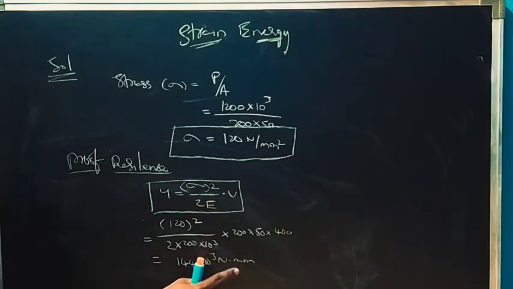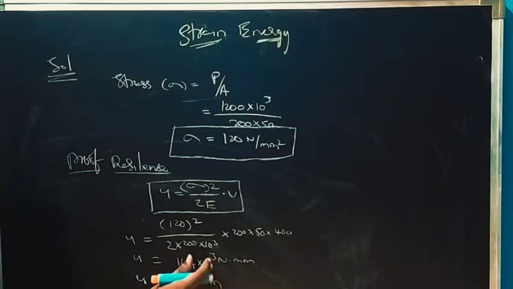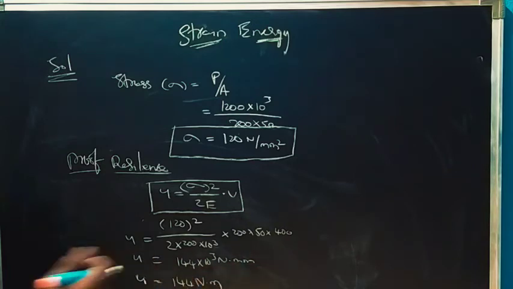So that is the unit for strain energy. So U equals 144 Newton per meter, if I convert mm into meters. Next we'll try to find out